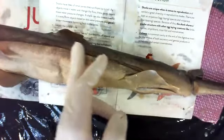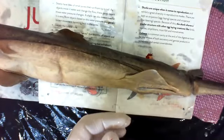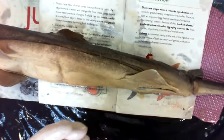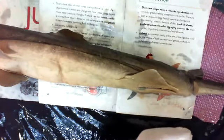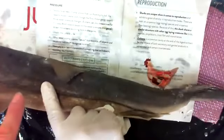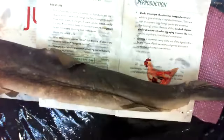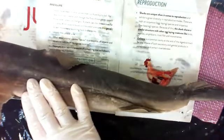So the pup can come out live born, even though it was from an egg, or it can be just like a human. So another way that a shark can reproduce is like a human, where it has a placenta. So the shark is growing inside mom. It's attached to mom until it's ready to be born, and then it's born and swims away. Or, kind of a cool one, you can have something called